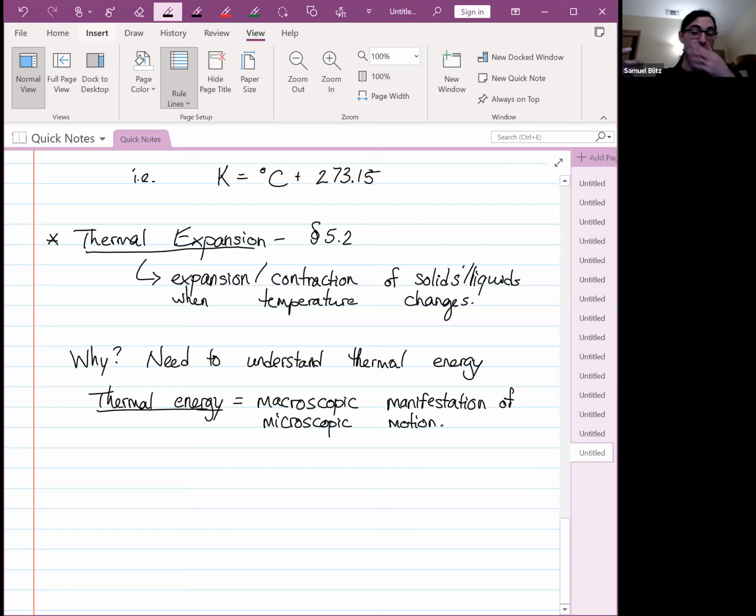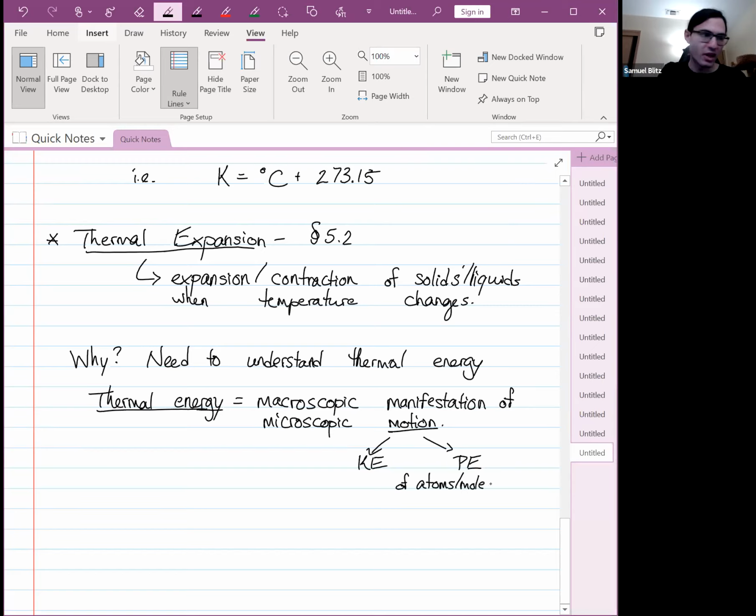So you guys probably, maybe you don't know this, but maybe you do. At a very, very small scale, like at the atomic scale, at the molecular scale, everything's always moving, everything's in motion. You have molecules jiggling about and moving and all of that business. And that microscopic motion is all random. And so the point is that for that random motion, there's an energy associated with those particles moving. And that energy is lumped together into a macroscopic phenomenon called thermal energy. Now that motion can be broken up into kinetic energy as usual and potential energy. You have two objects, like if they're attached by a spring and they're jiggling, there's potential energy and kinetic energy. And these are of atoms and molecules,